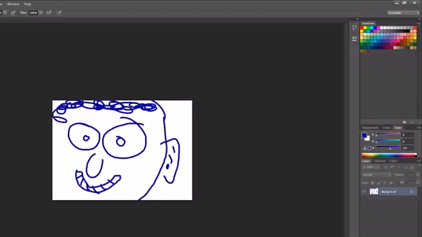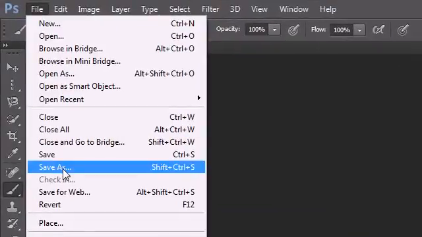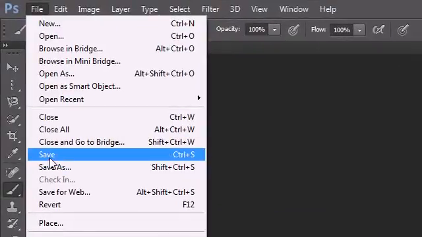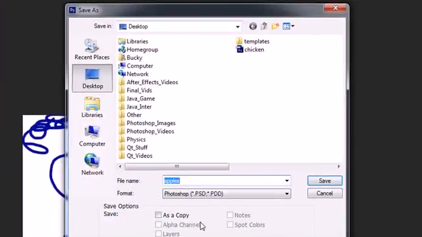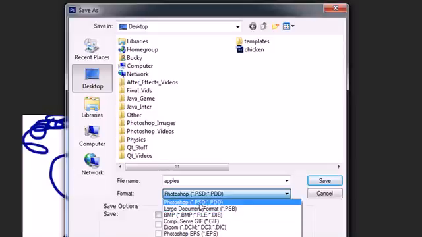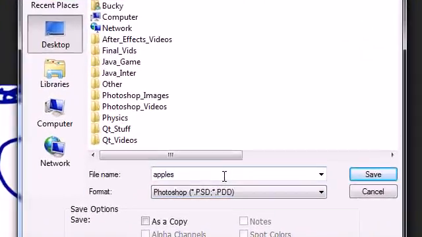Now, of course, you guys probably already know how to save it. File, for the first time you want to do save as, and once you have it saved you can just press save. But to save a Photoshop file, what you want to do is first of all navigate to where you want to save it, and make sure the format is PSD. Now this is a Photoshop format specific to this program, and the reason that you always want to save a Photoshop specific file is because it includes all the information like different layers, different channels, paths, and you guys will understand what all this means whenever we talk about them, but this is the best format whenever you're working in